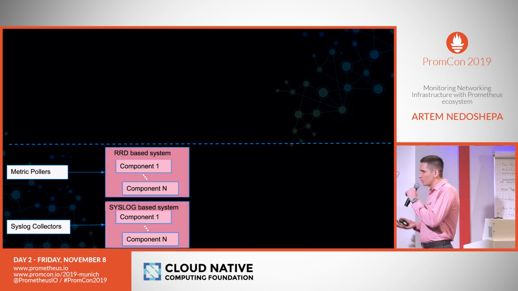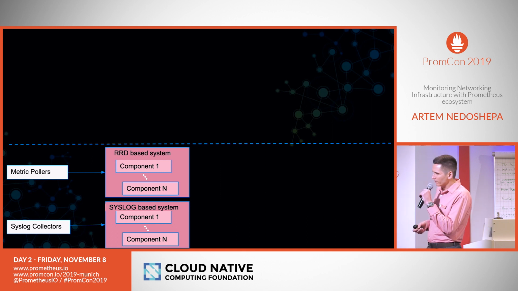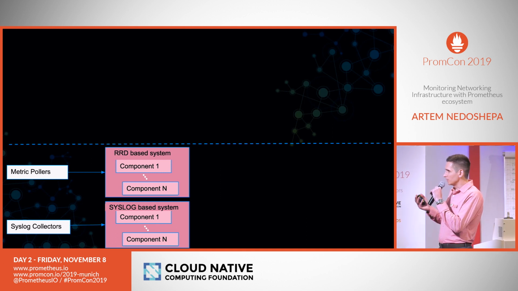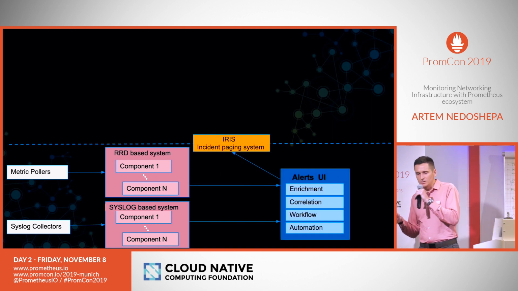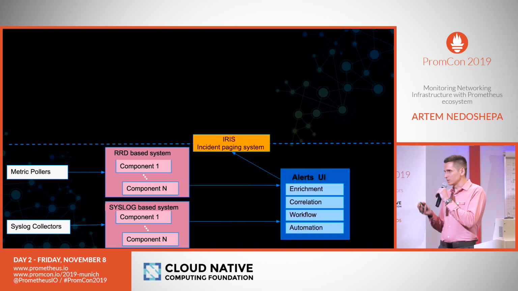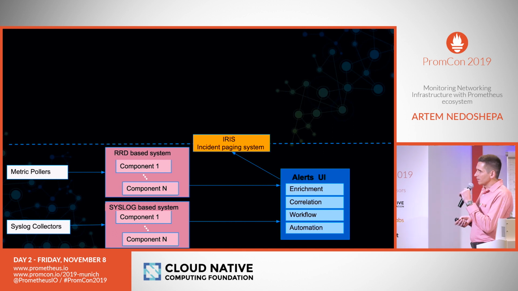With syslogs, there's a whole bunch of issues: let's say you have something misconfigured or a pod not properly deployed, and syslog never reaches the collector. With the RRD-based system, it's outdated, it's not dynamic, and it's hard to use. So what we tried to do instead,